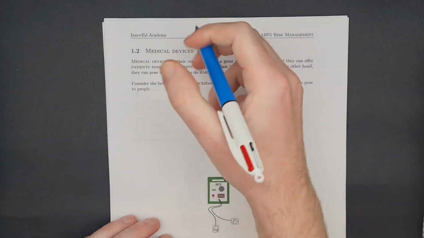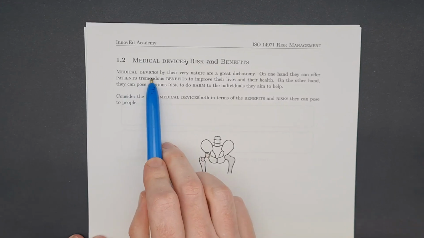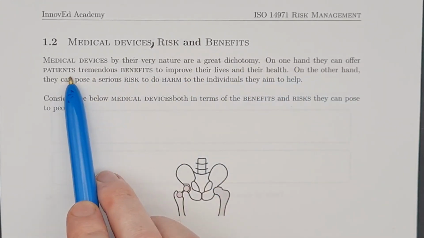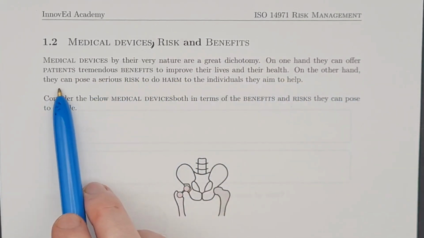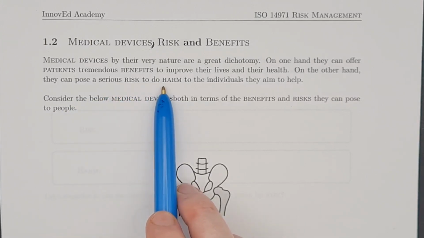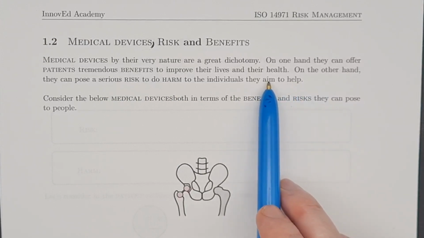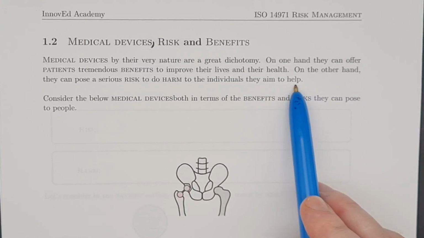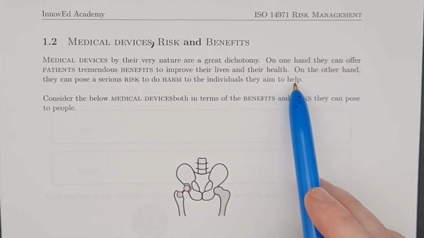Okay, so the very first thing that we are going to discuss is medical devices, risk and benefits. Medical devices, by their very nature, are a great dichotomy. On one hand, they can offer patients tremendous benefits to improve their lives and their health, but on the other hand, they can pose serious risk and do harm to the individuals that they aim to help. This is, of course, by their very nature, which is why we, as designers and developers or engineers, must take great care and extra precautions during design and development to do our due diligence and ensure that we make safe